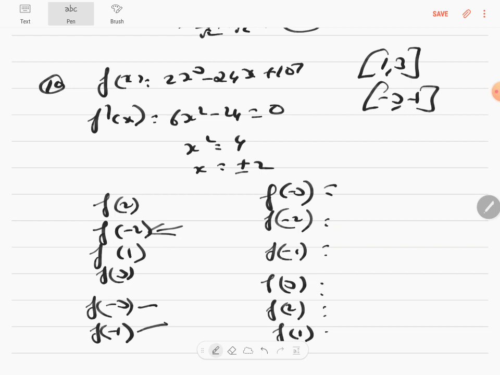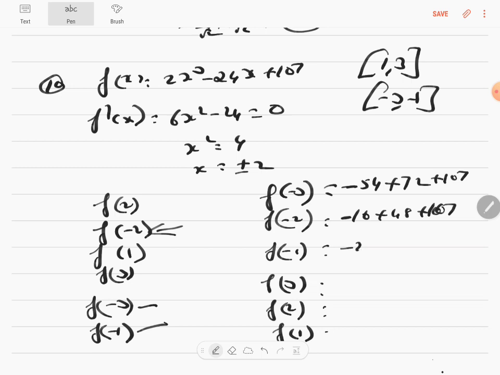So you get minus 3 here, 3 cubed is 27, 27 times 2 is 54, so it will become minus 54 plus 4 times 9 is 36, 3 times 2 is 6, minus 72 plus 107 will give me some answer here. Minus 2 means it's minus 8, 8 times 2 is 16 plus 48 plus 107, and this will be